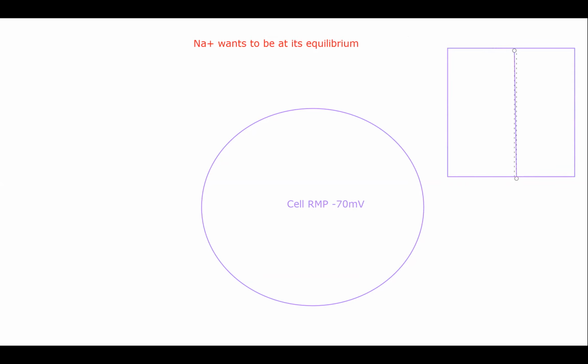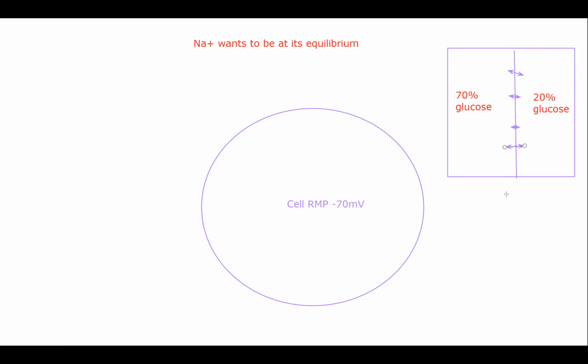On one side, we had 70% glucose, and on the other side, 20% glucose. And if we then poke holes in our membrane,